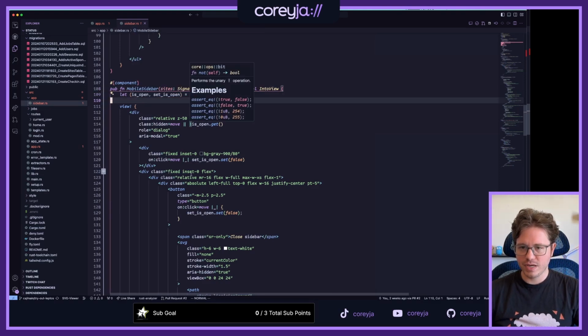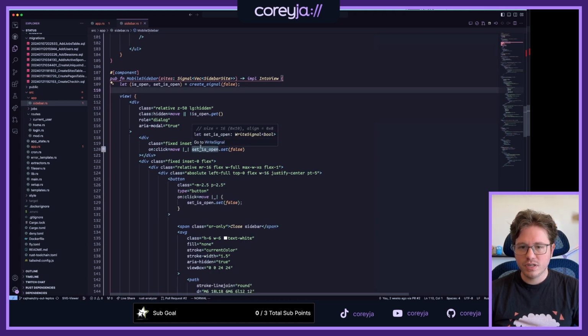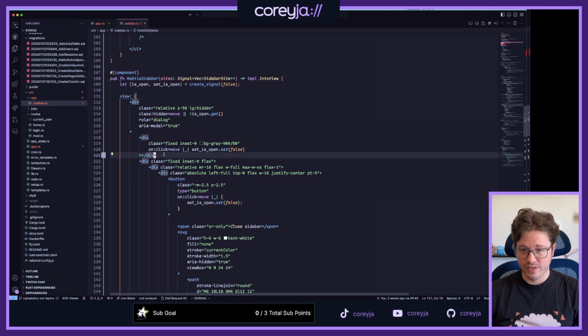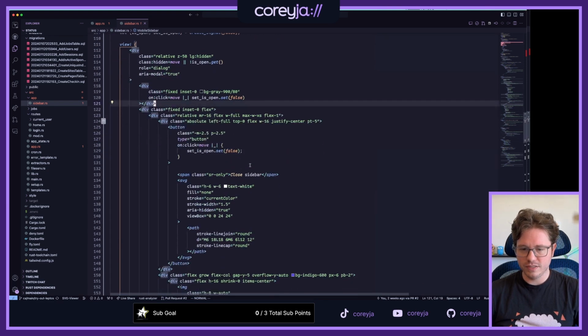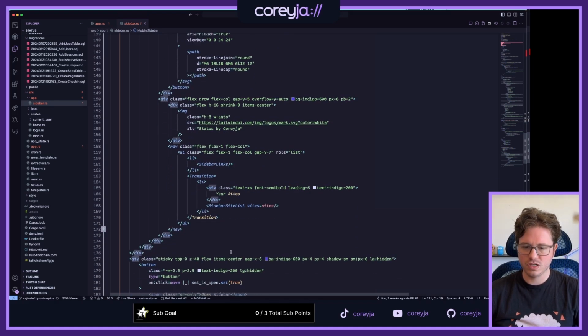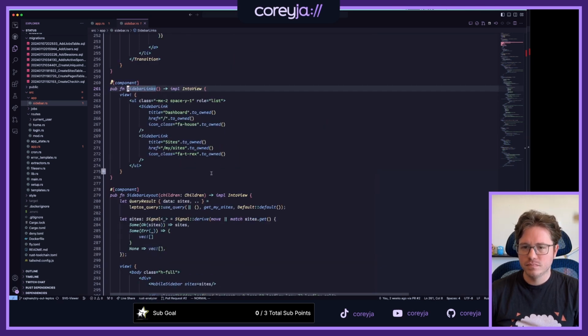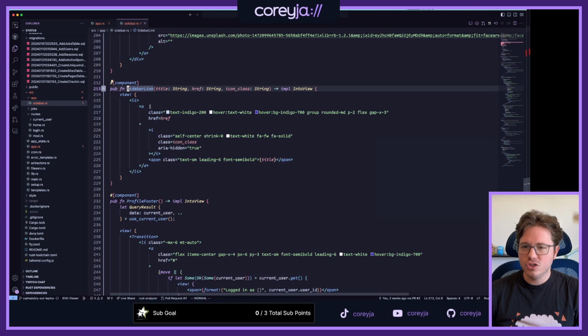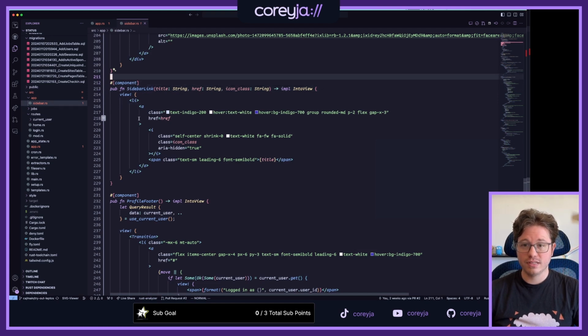Okay, so let's look at the mobile sidebar though, because this has that open state. And I think I need to make it so that if you click on any of these links, we also close this. So we definitely do it when you hit the close button. And we definitely do it when you click outside of it. But what I want to do is make it so these links also close it. So these each, like eventually we do get down to the A class where I could put an on click on it. But these are normal A links.